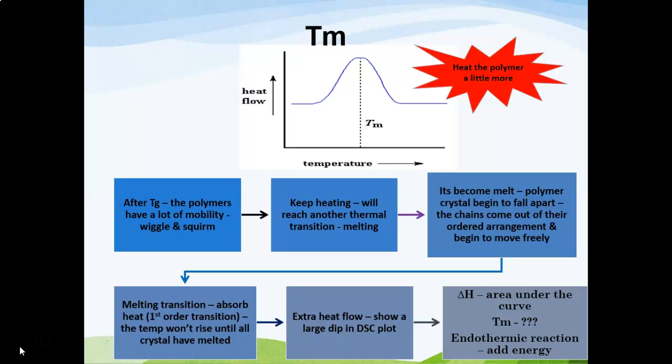The extra heat flow shows a large dip in the DSC plot. We can measure the area under the curve, which is the delta H, and also the melting temperature. So if we keep heating the polymer past its Tm, we will reach the